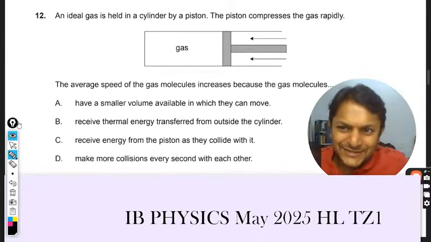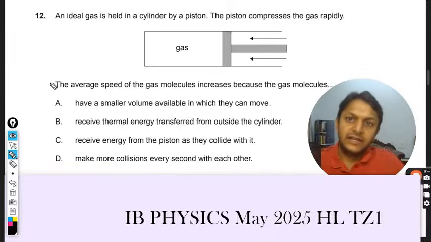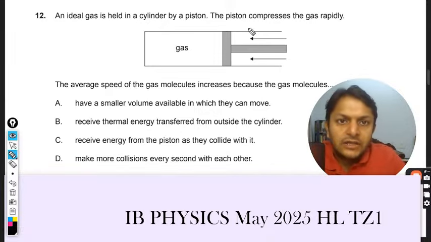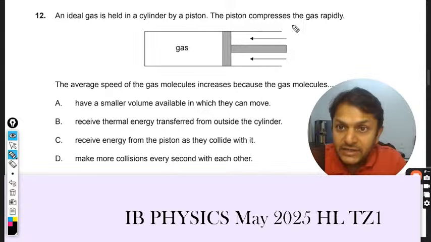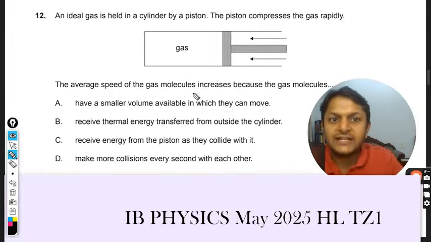Okay, dear students, so let's see what is there in this question. An ideal gas is held in a cylinder by a piston. The piston compresses the gas rapidly. The average speed of the gas molecules increases because the gas molecules